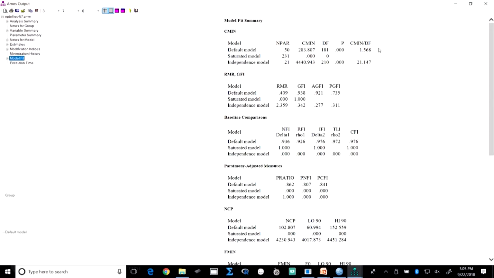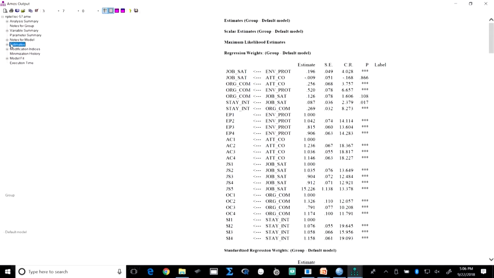Okay. And let us see now, since we are not only interested in the model fit. In the CFA, what were you doing? You were checking this and then checking some of the parameters like the GFI, the IFI, the CFI, and trying to see whether all these indices are good or not. They should be above 0.9, right. But in this case we are not only interested in that, we are interested in looking at the relationships. So, we will go to the estimates.